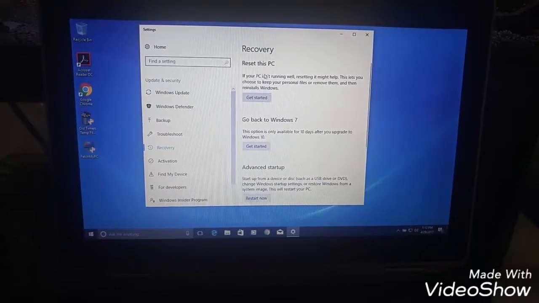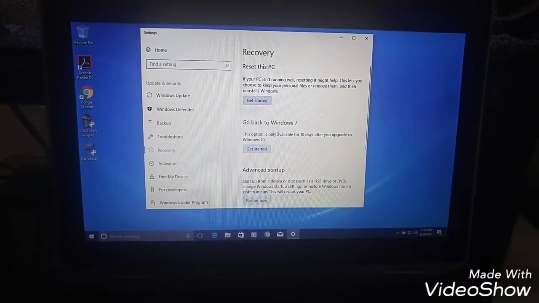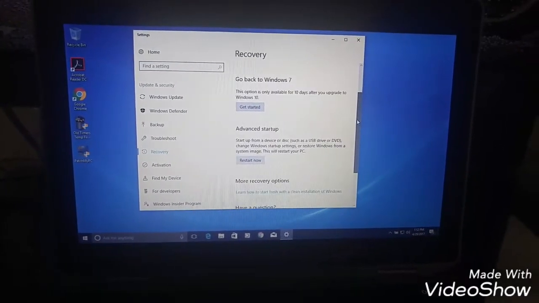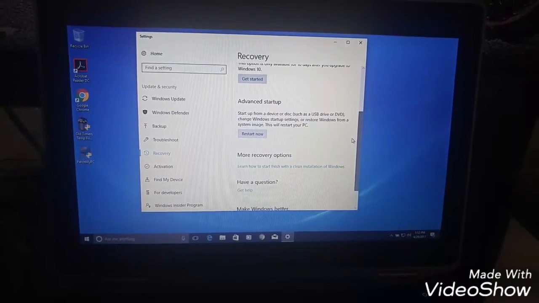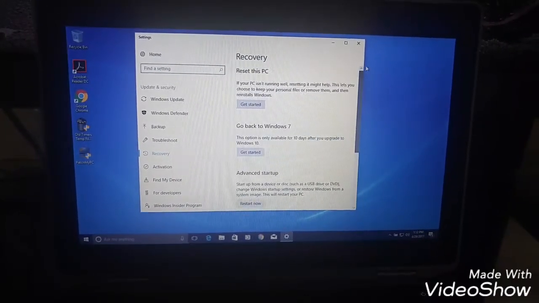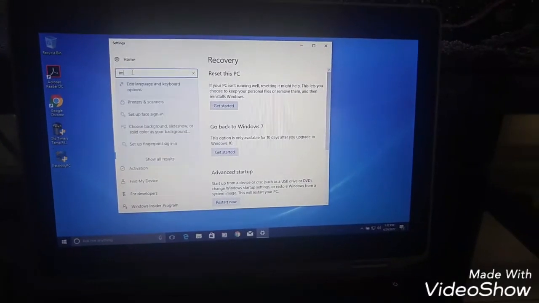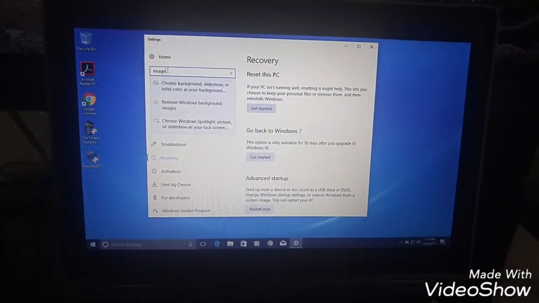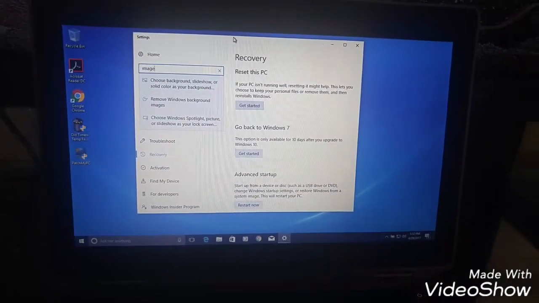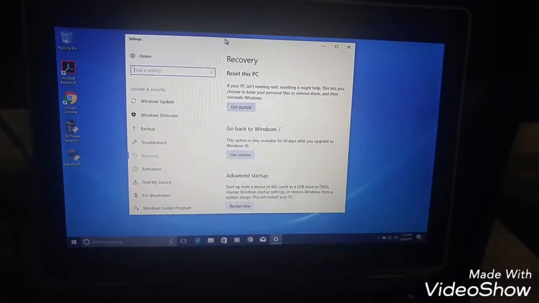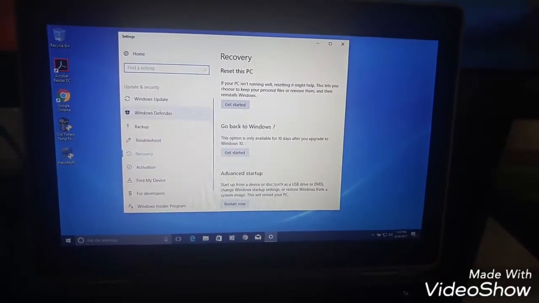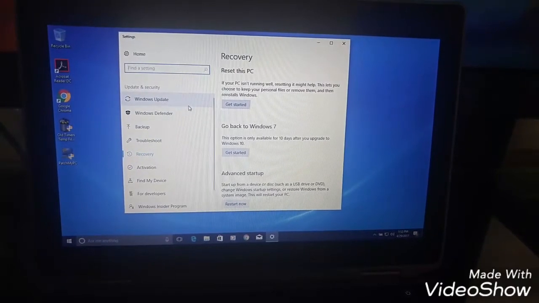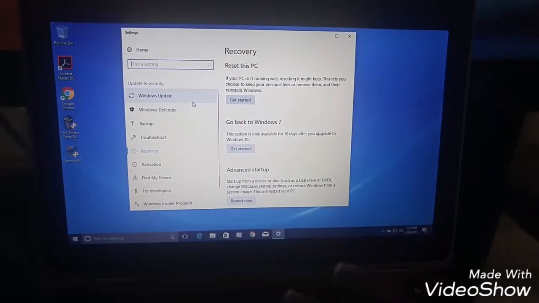Reset this PC if it isn't well. You can basically do a reset here, and then reinstall Windows. More recovery options, you have that also. And I don't know if it gives you an image. They didn't give you an image. I think they renamed this whole thing. So yeah, play around with this. There's a lot of options right here. If you don't want to use this,